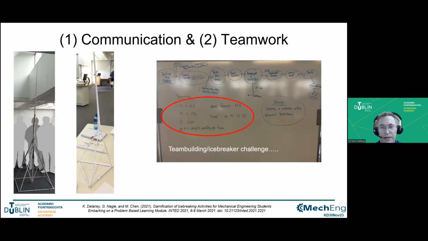But then we had a lot of complaints from students saying that the paper density that they got was worse and it wasn't a fair bunch of resources. So we're now using, albeit recycled, standard paper that comes through our photocopiers. The students find it quite funny when they see me coming in with a stepladder and an actual laser measurement device. But again, it's all part of trying to get them to have a bit of fun, and it's their first session. It's to try and get them to communicate with each other.